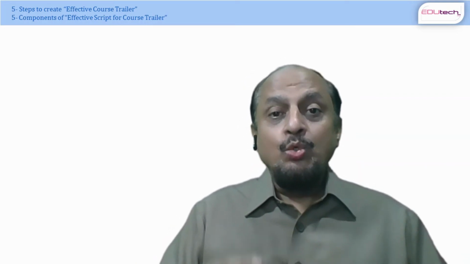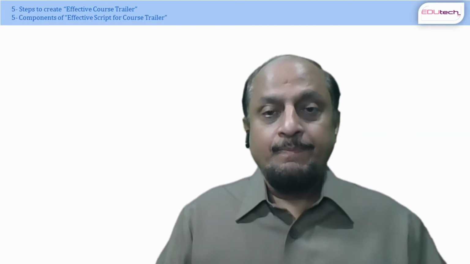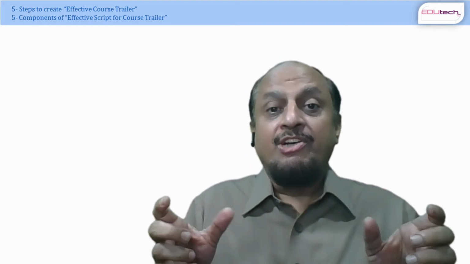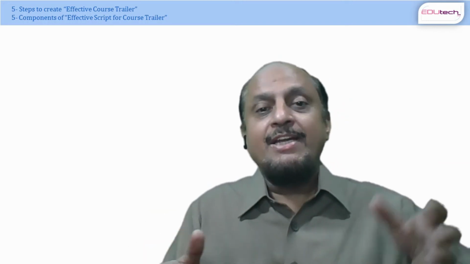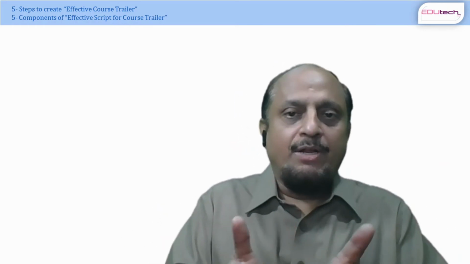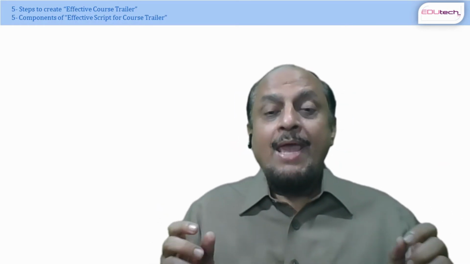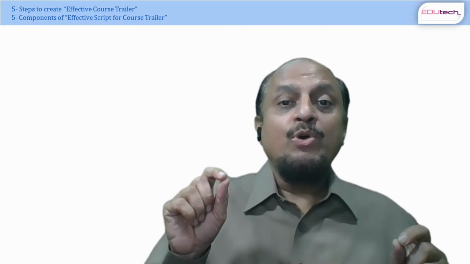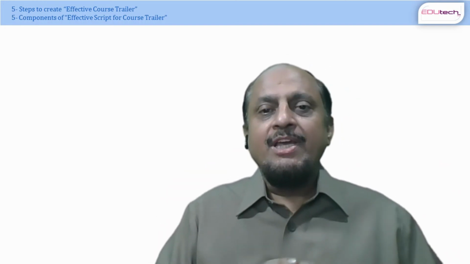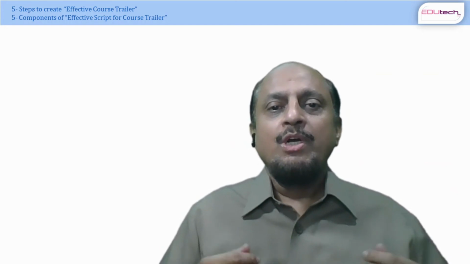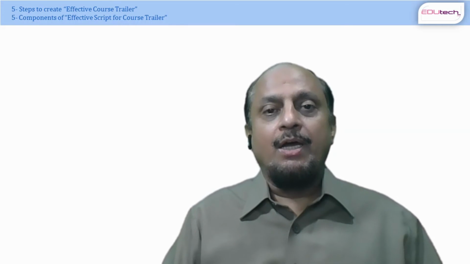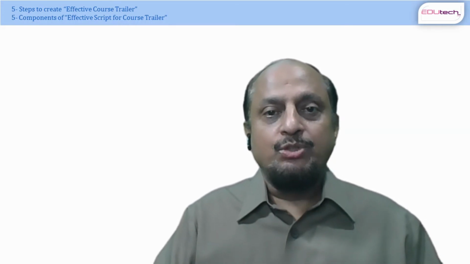And you can do editing in two levels. When I say two levels, the first or basic level is trimming, which we usually need at the start of the trailer and the end of the trailer, or sometimes in the middle of the trailer. And then the second thing is to incorporate the text. If one is able to do this, it will be more than sufficient to communicate your message and to provoke your students to think about your course,